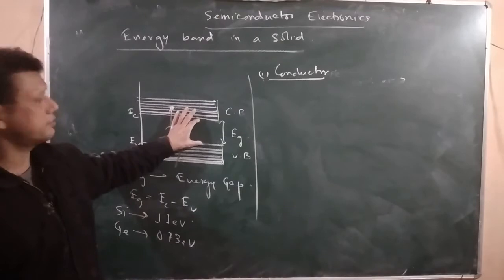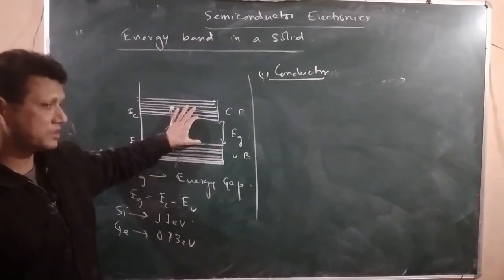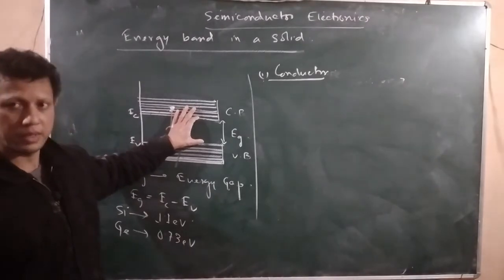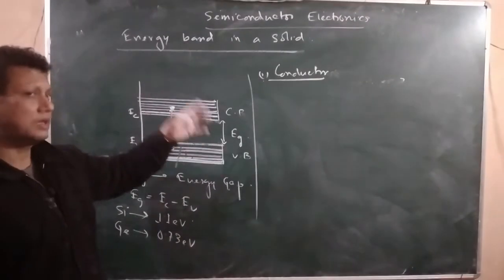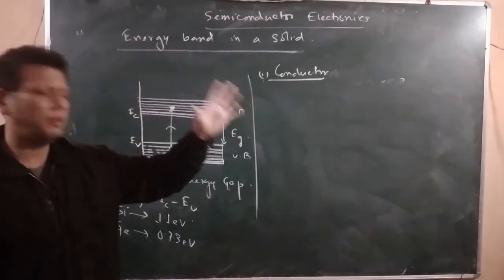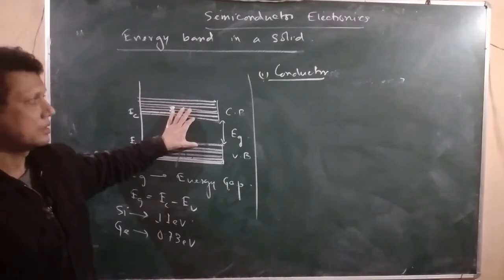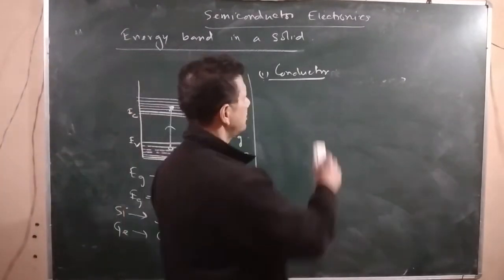If the energy gap is more, more energy will be required to free an electron, but in case of a conductor the electrons need a minimum amount of energy to become free. So definitely there should be a gap, but actually what happens is, in case of a conductor, there is